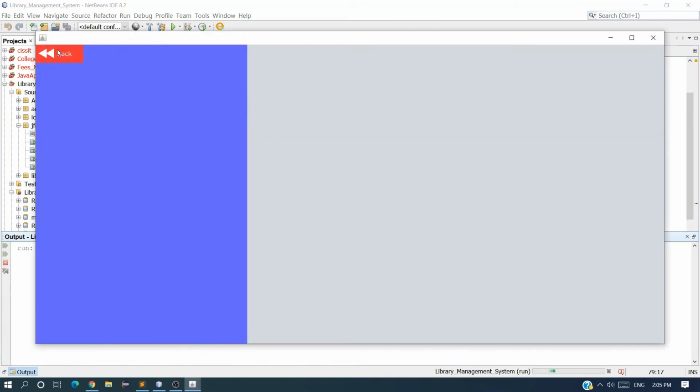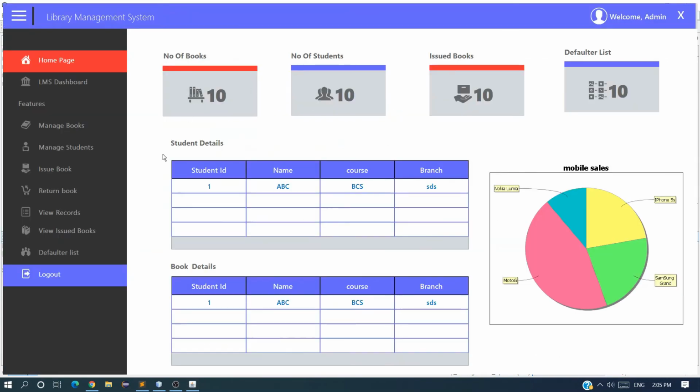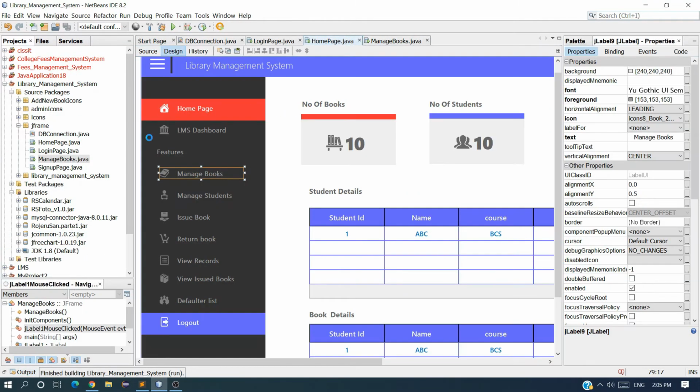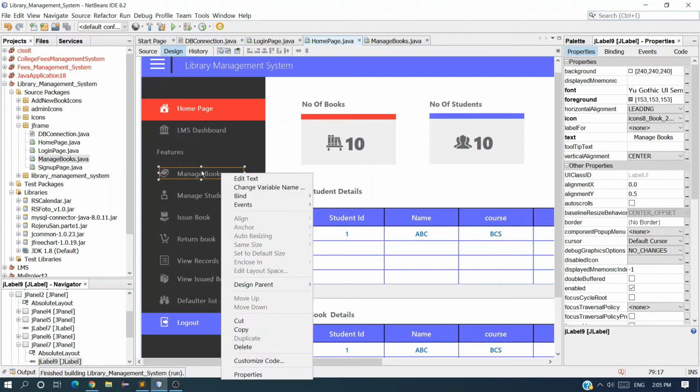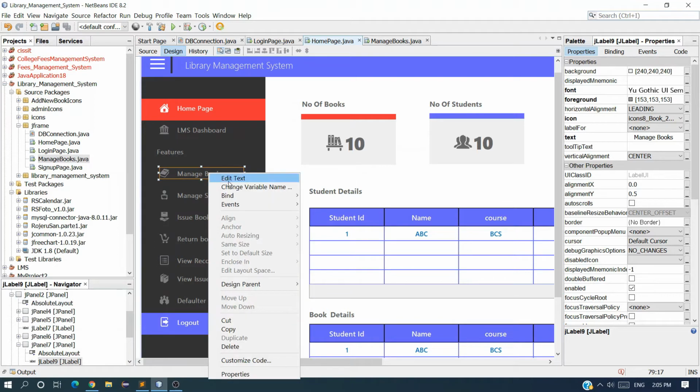You can see when I click on this back button, I will be redirected to our home page. Now I want to apply an event on this button also. When the user clicks on this button, he will be redirected to the manage book page. So go to the home page and click here, select the label and add event,